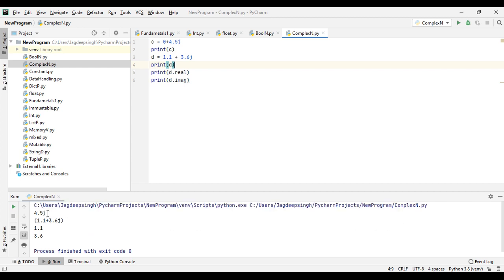So here we have 4.5j, it is the value of c. In the second number, we have 1.1 plus 3.6j, so the output we got is 1.1 plus 3.6j. If we have to use only the real part of a number or only the imaginary part of a number, then we can use print d